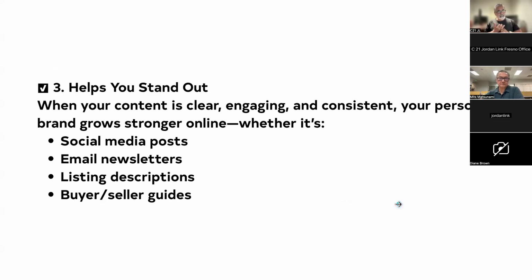It also helps you stand out. So when your content is clear, when it's engaging, it's consistent, your personal brand grows stronger online. So whether it's social media posts, emails, newsletters, listing descriptions, buyer and seller guides, at the end of the day, what it boils down to is, of course, you want it to be clear, you want it to be engaging, but you also got to be consistent. So if you get super excited about AI today and you start posting, and then 5 months from now you haven't done anything,